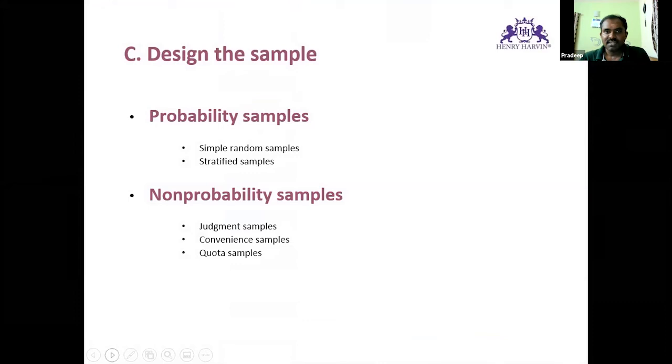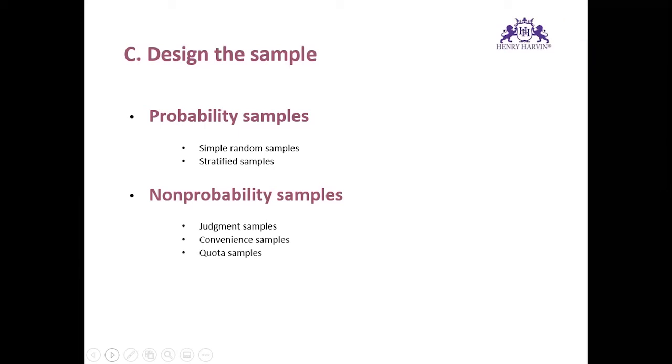Now, once you design the sample, there is something called probability sampling as well as non-probability sampling. What do you mean by probability? Probability is nothing but the possibility of a certain event happening, right? So in the case of surveys, each and every response has a possibility to get selected. But in the case of non-probability, we put in our convenience and our judgment.